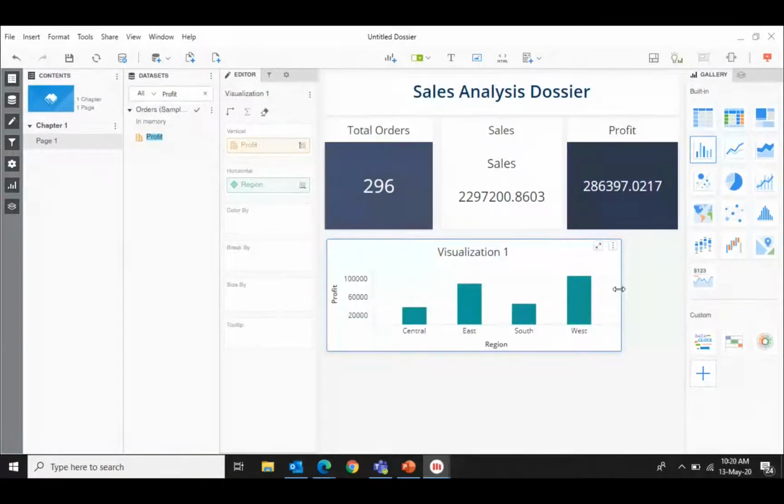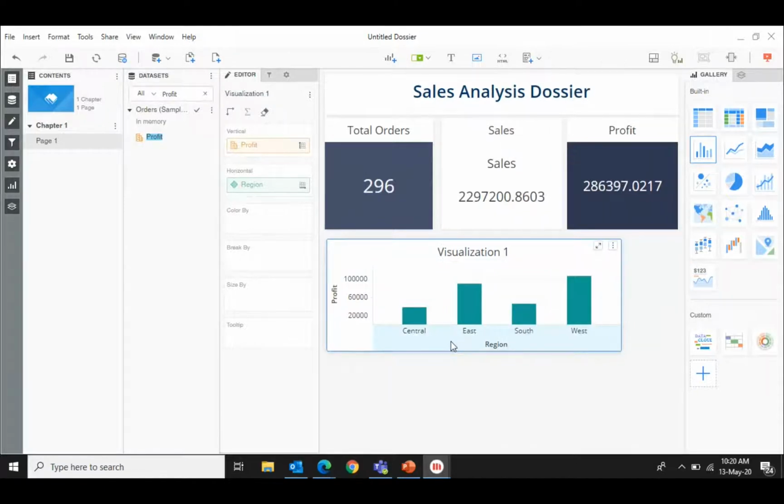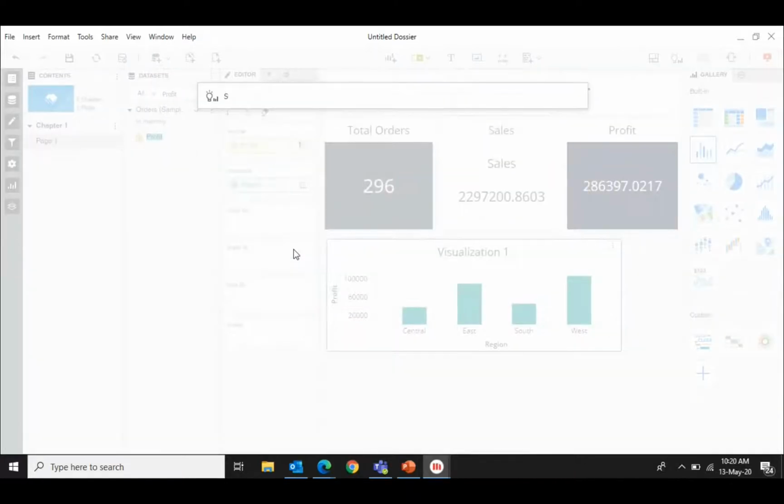Since the amount of information that I have is less, you can do it this way. But again, with millions of records in your organization, it will be really difficult for you. This is what I have created using the drag and drop feature. Now how can I do this using natural language? So what I need to do is that show me